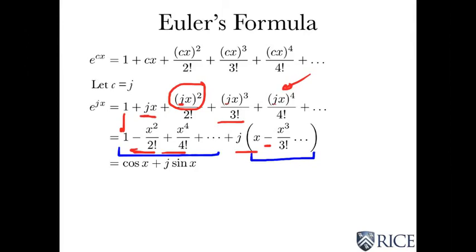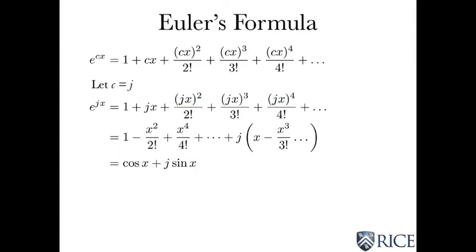Well, lo and behold, Euler noticed right away, because he's a smart mathematician, that it has to be true that e to the jx is cosine x plus